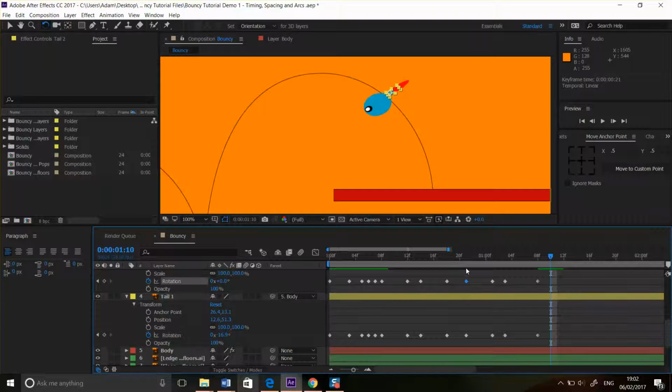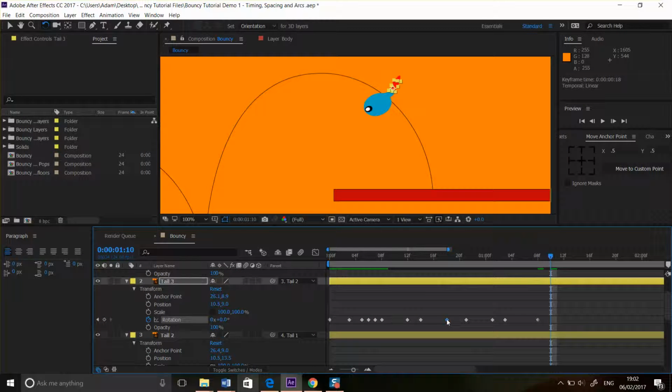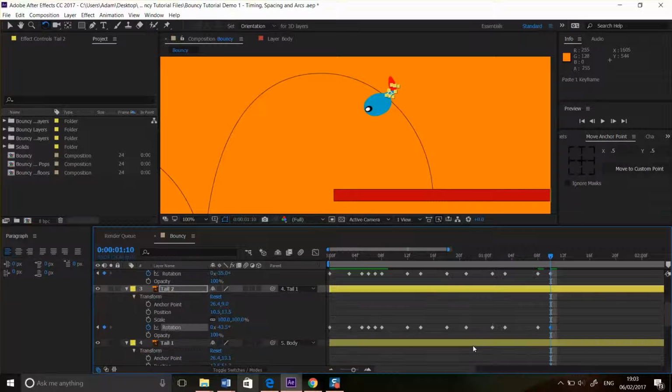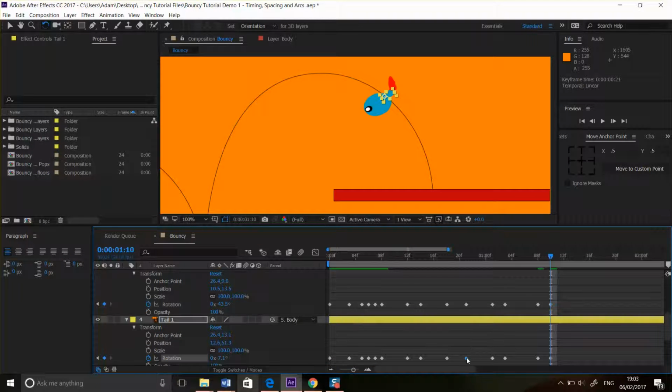So we're going to select these ones here about frame 21, Control C, Control V, Control C, Control V. I'm hoping they're the right ones. Control C and V. Nope. So let's go back to, oh yeah, sorry, I'm doing the wrong one there. My apologies. There you go, perfect. And as that comes in,